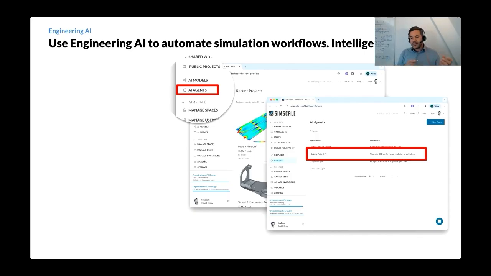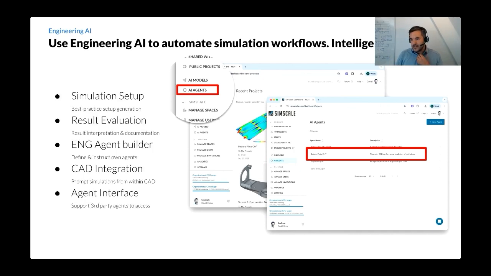Shall it continue or not? If there's a mesh quality warning, should the agent ignore it or should it continue? To a large extent, instructions you would also give a junior simulation engineer can be given to a reasoning model to then run simulation workflows autonomously. And again, there's more here to uncover.